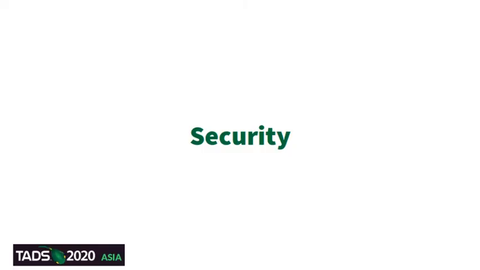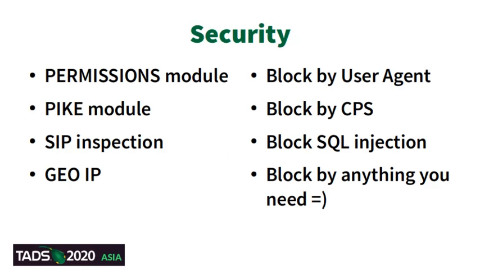Security is a great feature of Kamailio, and using it as a SIP edge router is normally my most common deployment. Some built-in modules within Kamailio include the permissions module, the Pike module, SIP inspection that comes directly from the core, as well as GeoIP, for example. Now, you can choose to block by user agent. With geographical IP, you could block by country, or just whitelist by country, only allow certain regions to enter into